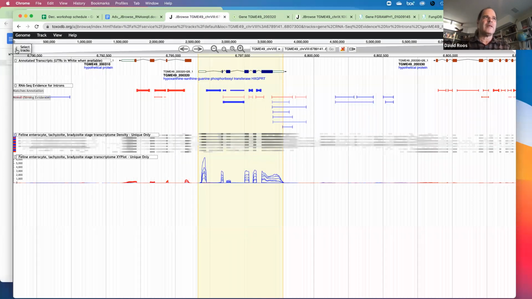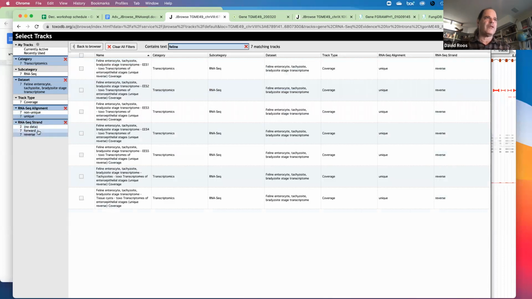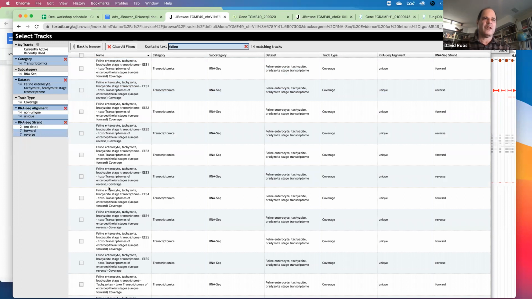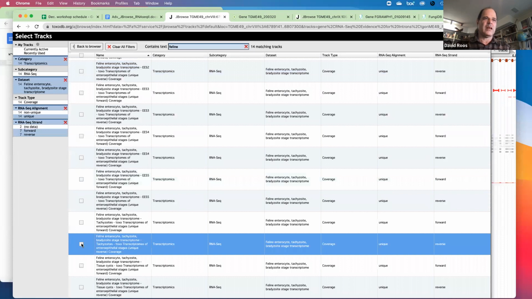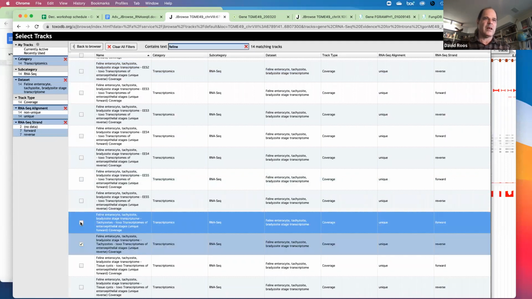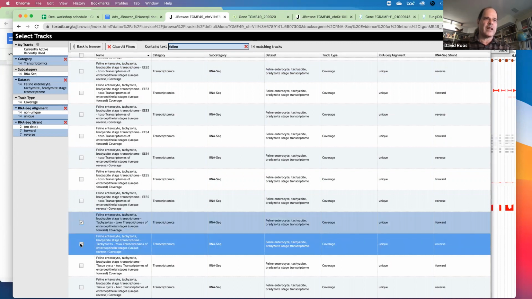Let's take a look at that at the level of the individual tracks. So I'm now going to go back to the same experiment I selected. I'm only interested in unique tracks, but I'm interested in all of those that are present on the forward or reverse strand. And I'm going to first take a look at the acutely lytic tachyzoite stage in both. The order in which I turn these on is the order at which they'll come up. So I'll look at the forward and reverse strand in tachyzoites,